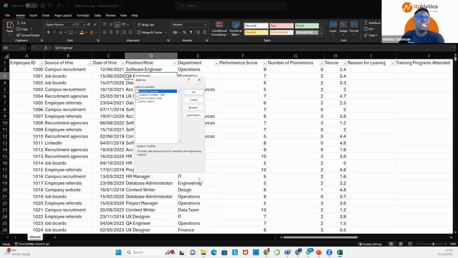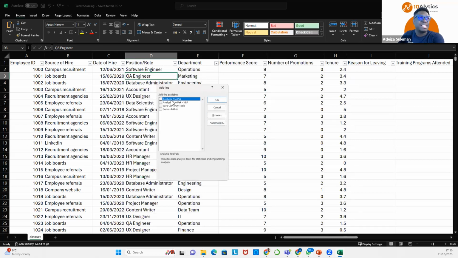Once I click on Go, you'll see Analysis ToolPak, VBA, Solver Add-in. Just ensure you click on Analysis ToolPak, then click OK. You come back to your Excel and you'll find the Analyze Data feature available, as long as you have an Excel version from 2016 and above.